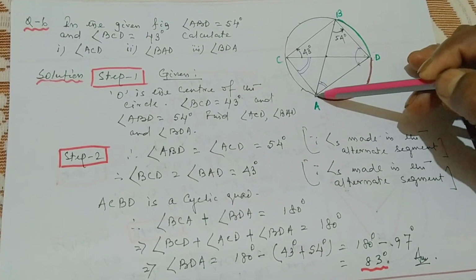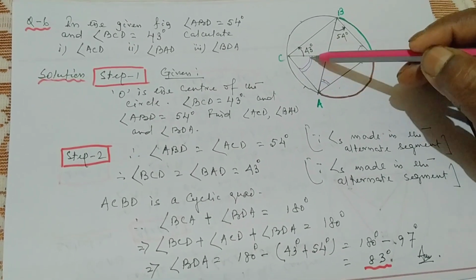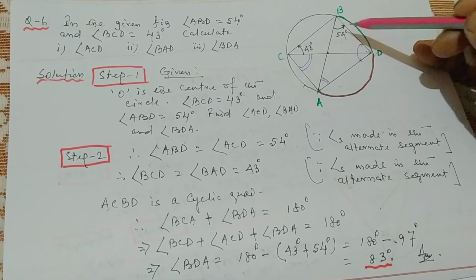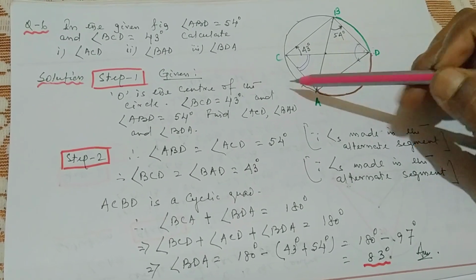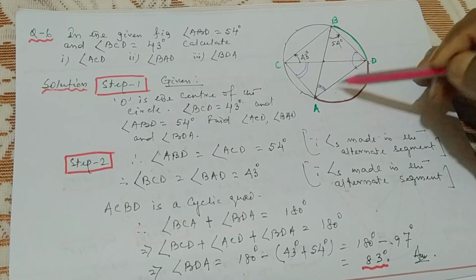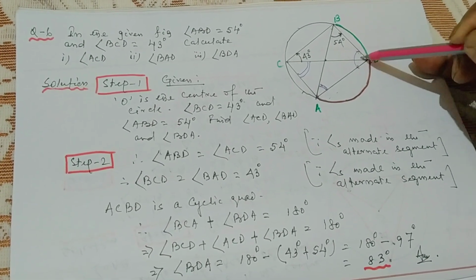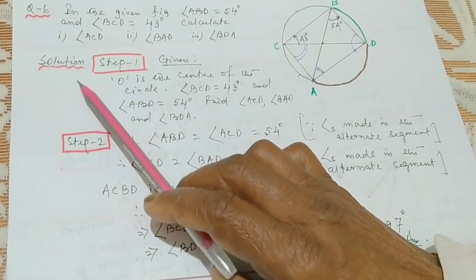Angle ACD, this angle we have to calculate. Angle BAD, this angle we have to calculate. And another angle BDA, this total angle we have to calculate. तीनों एंगल की वैल्यू हमको निकालनी पड़ेगी। सोल्यूशन में चलते हैं।